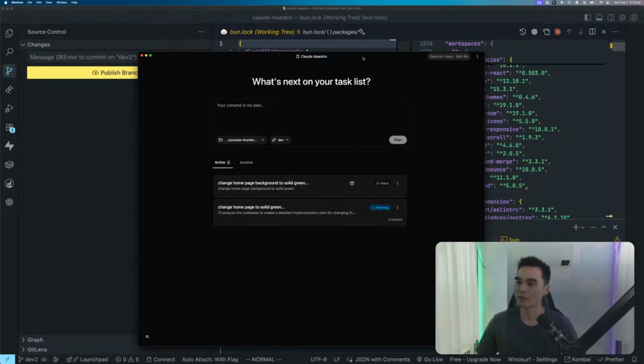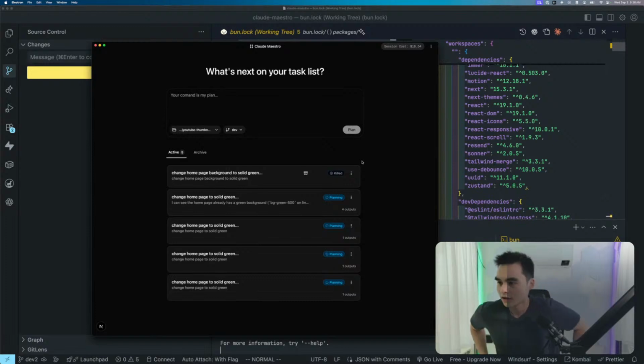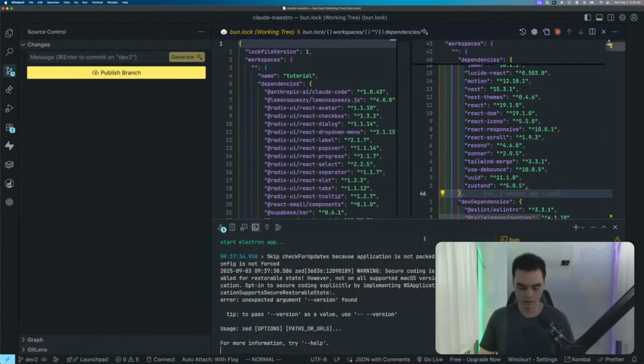Maybe I should queue out multiple of these. Change home page to solid green. The only reason why I'm doing this is because I'm using these tasks to test. So I'm just running that locally. Okay. Let's keep going back